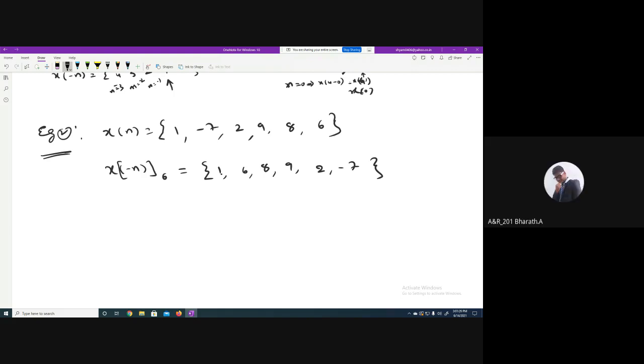Can you explain again, sir? Yes. First sample will be as it is, you should write. Remaining sample should be reversed for a circular time loop, because the moment you see this notation, where square bracket minus n, subscript capital N equal to 6, minus n indicates it is a time reversal, which is equal to, you can write it something like this. Okay? Is it clear?